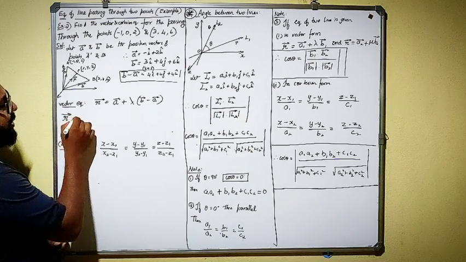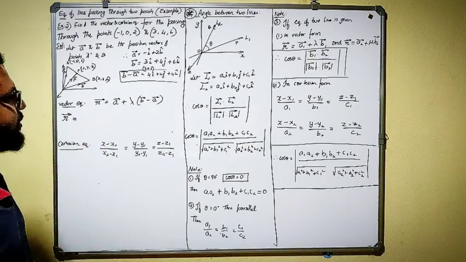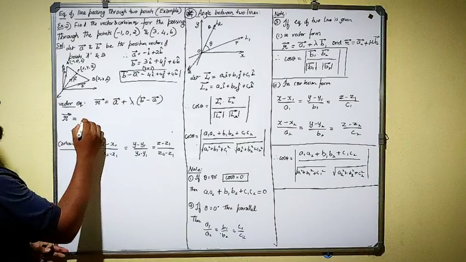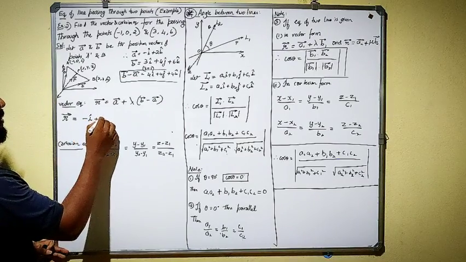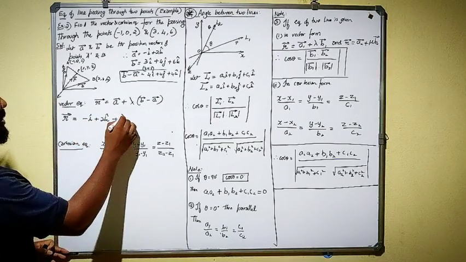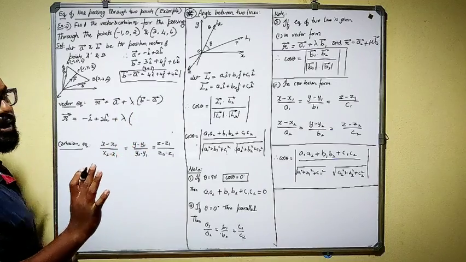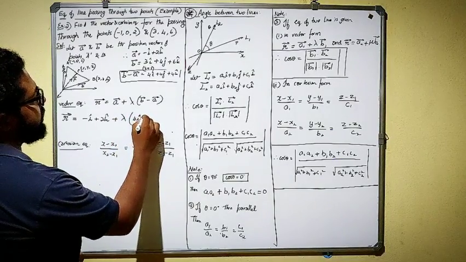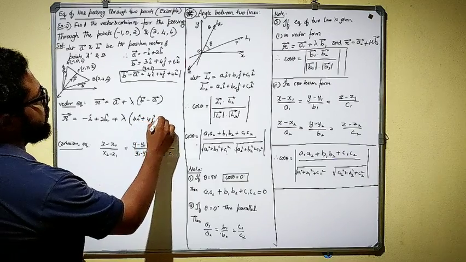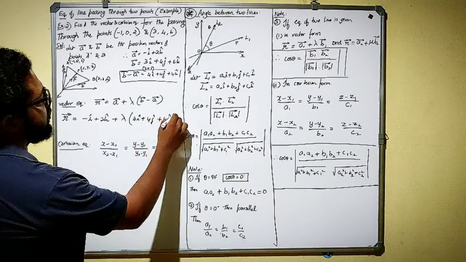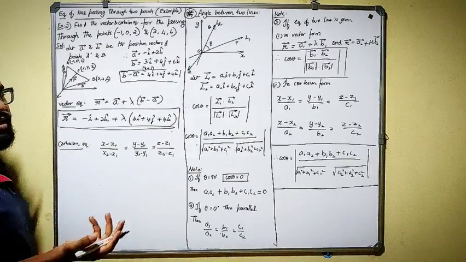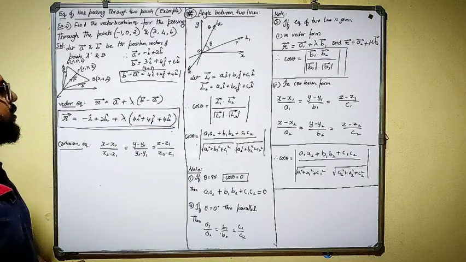Next I will write the vector form. Let the R vector be as it is, because the vector form itself contains the R vector. Then A vector, which is -i cap plus 2k cap, plus lambda. I need not find the value for lambda at all, just keep it as it is, times (4i cap plus 4j cap plus 4k cap). So this is the vector form. Just one step, almost a substitution. Nothing much to do about the vector form.